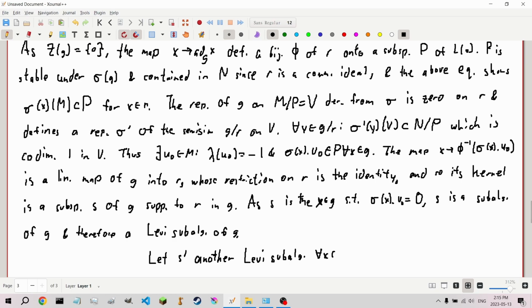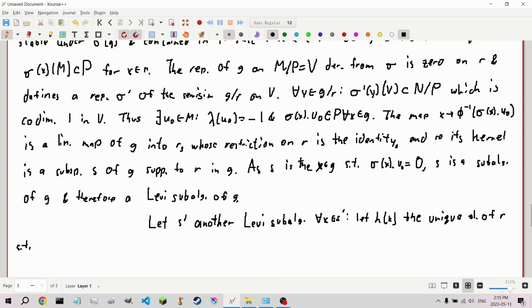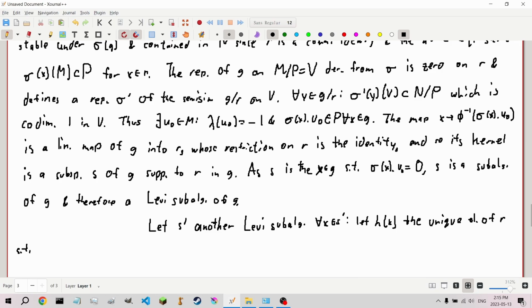Then for all x in S prime, let h of x be the unique element of R such that x plus h of x is in S. Since S is a subalgebra, and R is commutative,